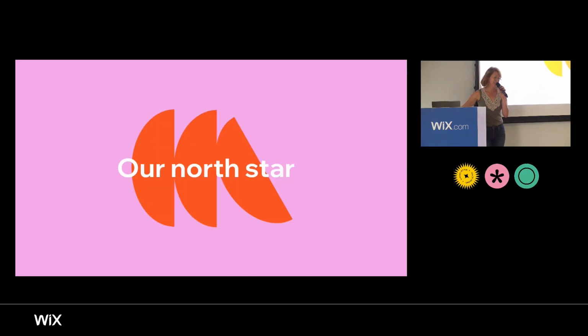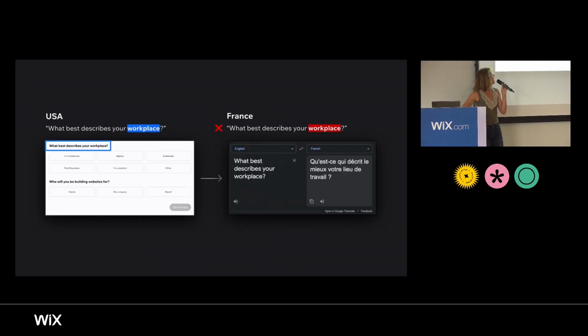I'm going to give you more examples because we love examples. So first here, these are some examples from Wix and different product screens that we've handled. This is part of the onboarding flow. When you're signing up to Wix, one of the first things that we do is we want to ask questions about what you're actually trying to do at Wix so that we can guide you in what we think is the right direction or the right way to build your website so that you can reach success. You can do what you're trying to do.